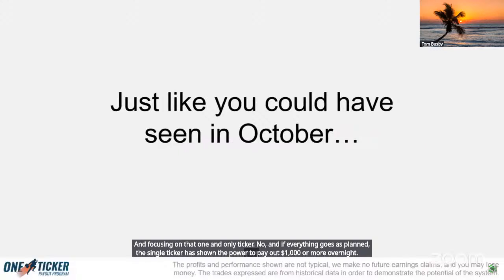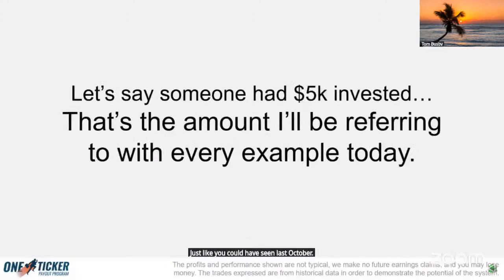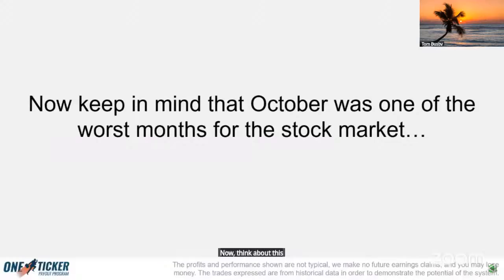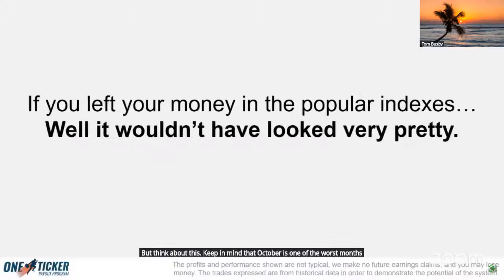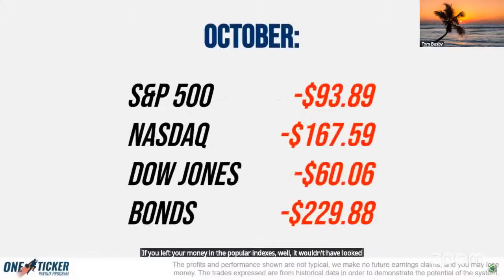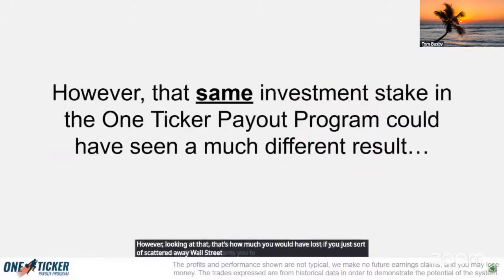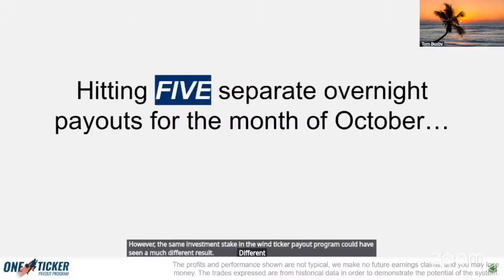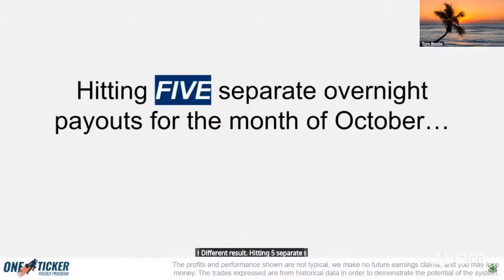Just like you could have seen last October. Like someone put 5,000 up, that's the amount we're referring to in every example today. Now think about this. Keep in mind that October is one of the worst months for the stock market. If you left your money in the popular indexes, well, it wouldn't have looked very pretty. However, look at that. That's how much you would have lost if you just scattered it the way Wall Street wants you to. However, the same investment stake in the one ticker payout program could have seen a much different result. Hitting 5 separate overnight payouts for the month of October,